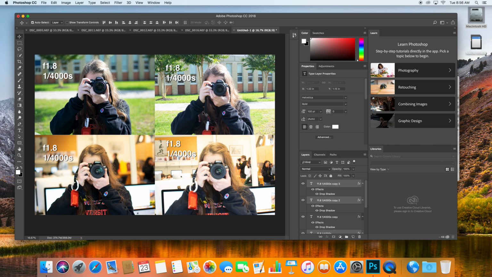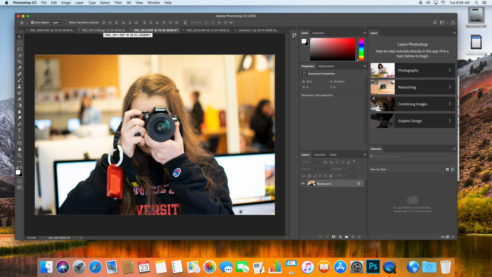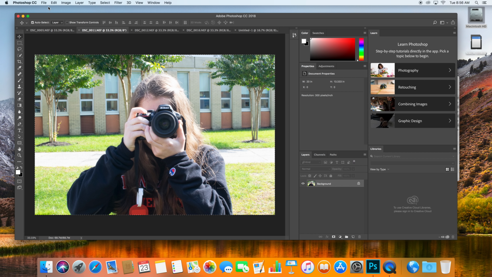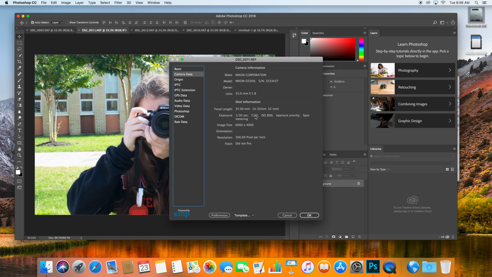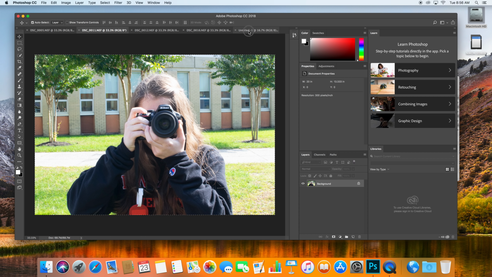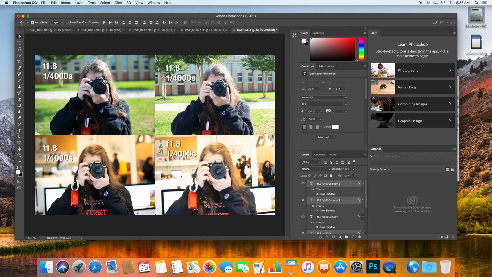So I could have done the drop shadow on the first thing and then copied and pasted it 3 other times, and that would have copied the drop shadow stuff over, but I did it a different way. So now we just got to make sure that all of our data is correct. So this should be the 1.8, but over here, this is probably going to be, I think it was the 22, and I think this was 10, but we'll verify. We'll go back here, let's go to this one, and file info. That was F22, so we cancel, jump back over here, and we can use our text tool now